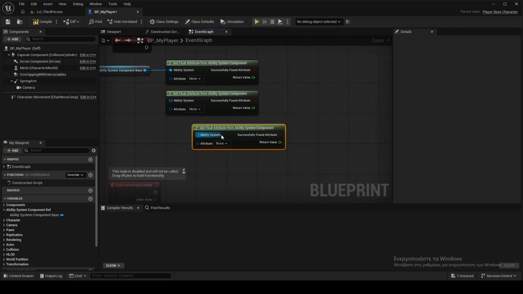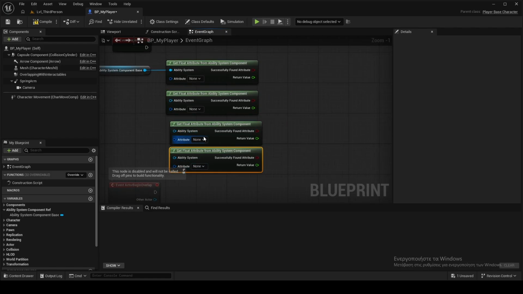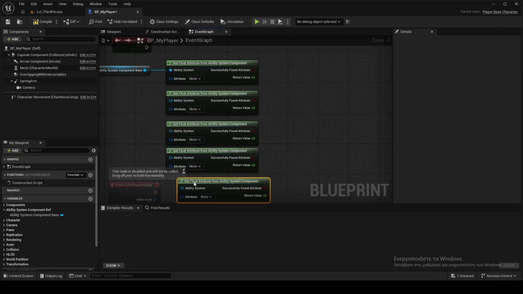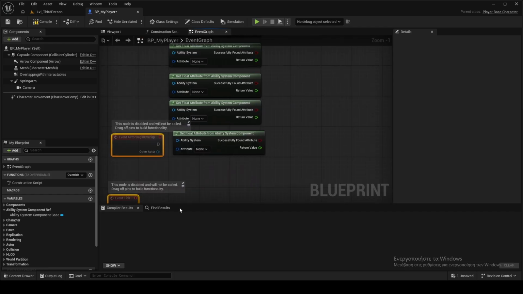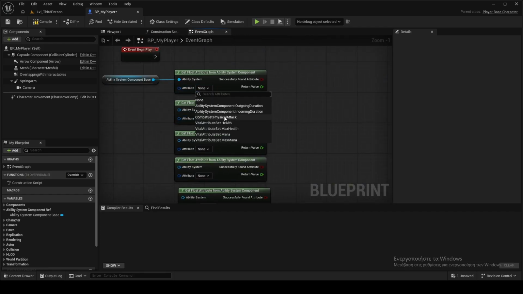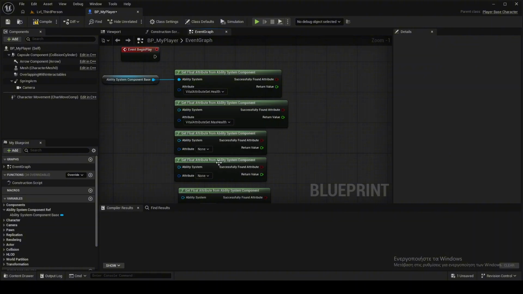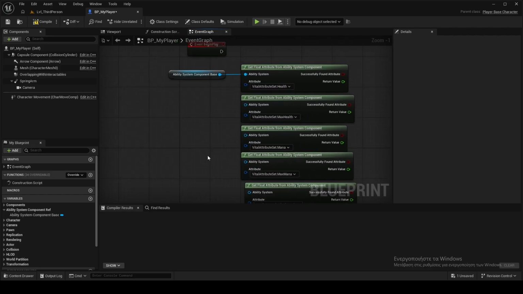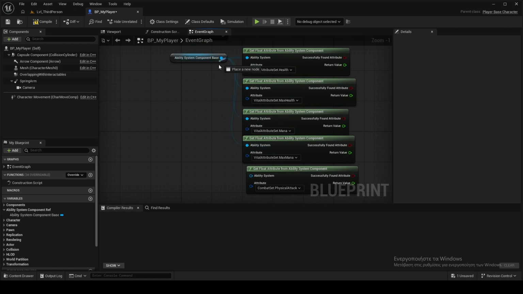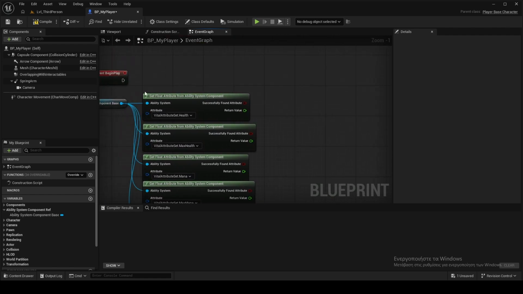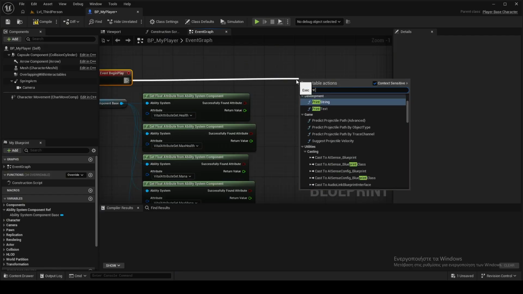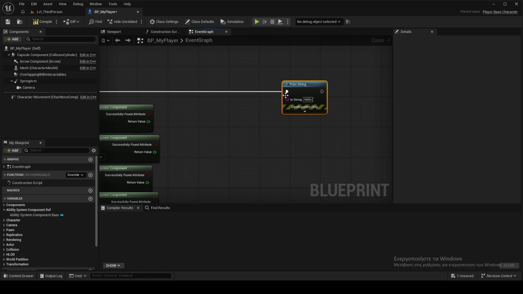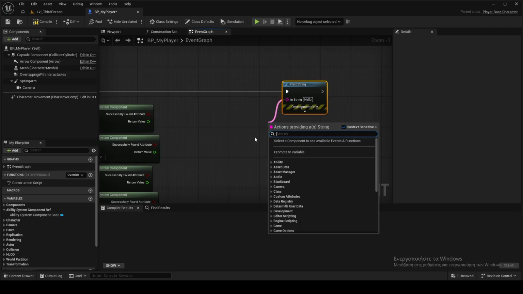I will copy paste this a couple of times. So the first thing is, let me delete these two. So the first thing will be the health, the max health, the mana, and the max mana, and also the physical attack. I will connect each one in the ability system, and I will print string just to debug. And let me, should I use append? So let's do append,